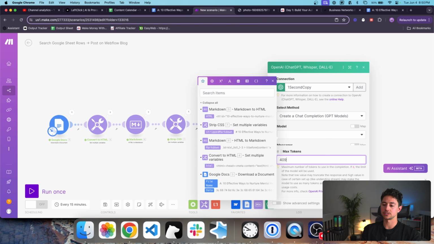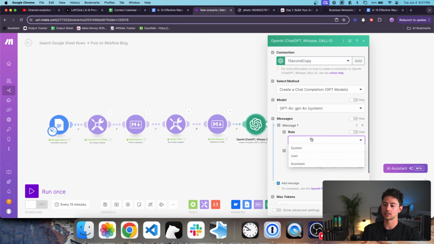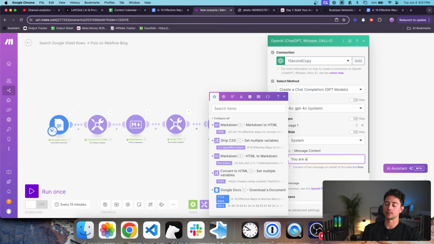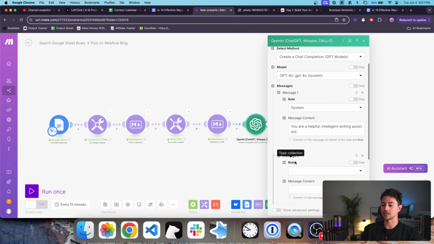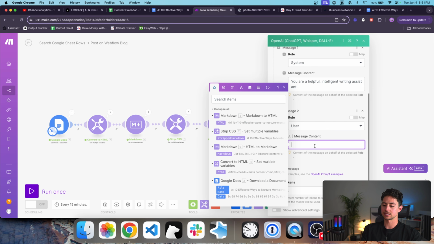And then I'm just going to do 4096 max tokens. GPT-4o will be my model, and then the role will be system. I'm going to have it identify as a helpful, intelligent writing assistant. This is what I always do. Although make sure if you make it identify as a helpful, intelligent writing assistant, it doesn't screw up the word writing or assistant. And then I'm going to say, read the following article and write a short